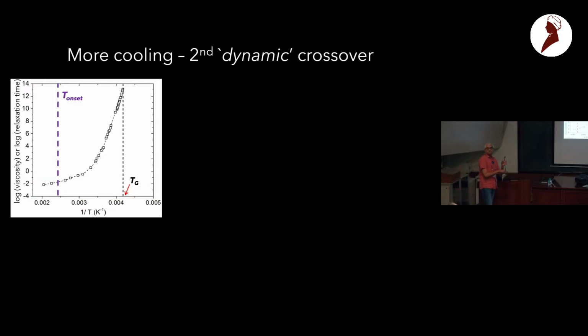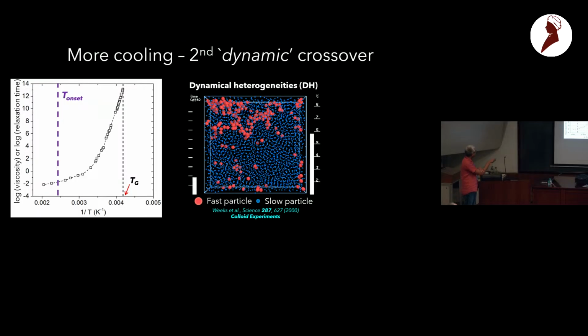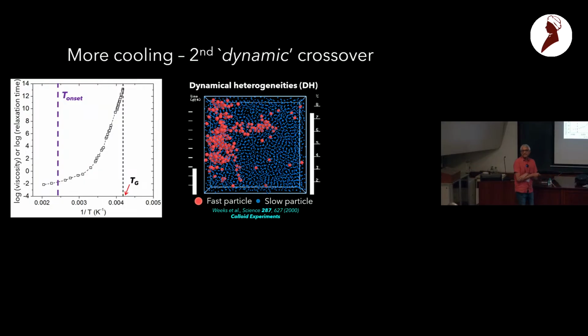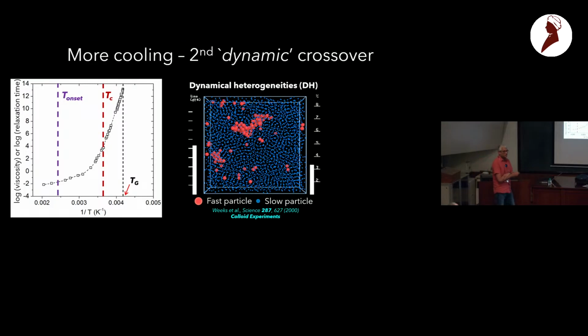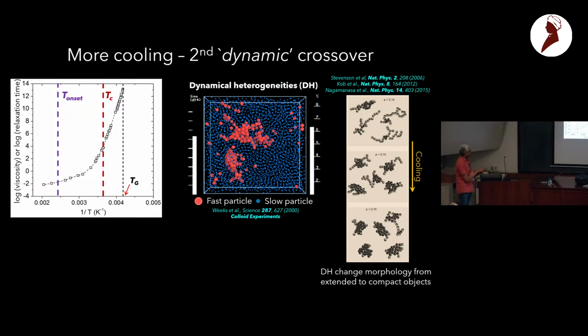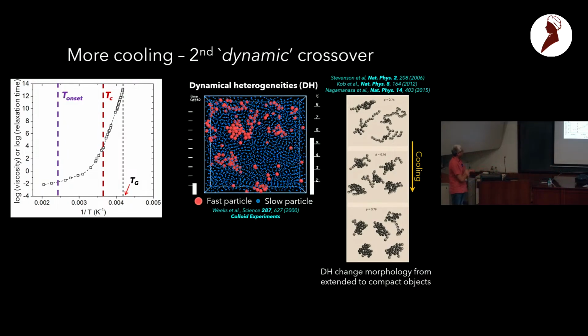So as you cool the liquid further, in this window after T onset, as you continue to cool further, you start seeing dynamical heterogeneities. So these are beautiful real space experiments that captured these heterogeneities more than a quarter of a century ago. So you can associate a length scale with these dynamical heterogeneities, and it grows. And around TC, what happens is that, so these were experiments that we did a couple of years ago, around TC, inspired by theory and numerical work by Kobe and Ludovic and others. And what we found is that